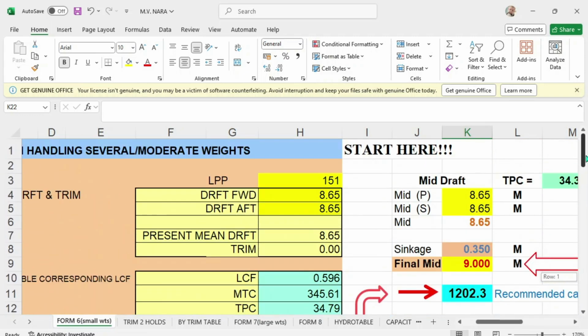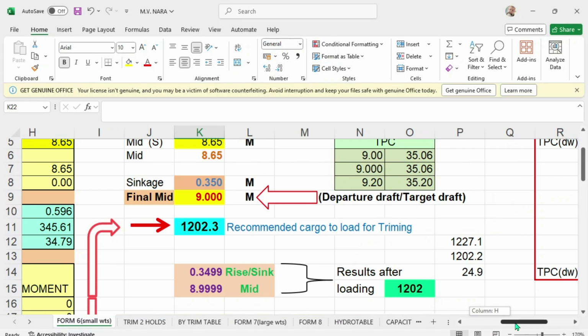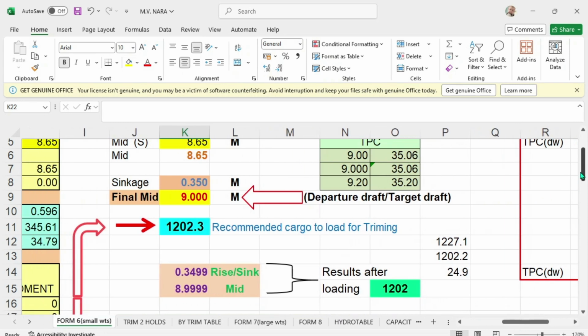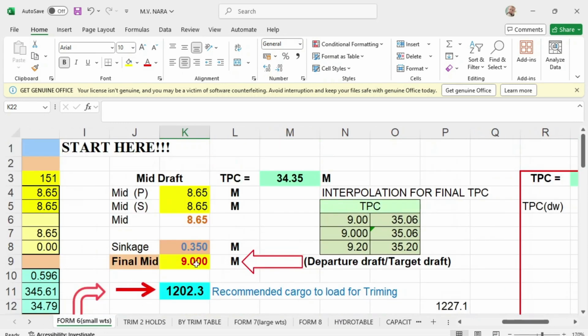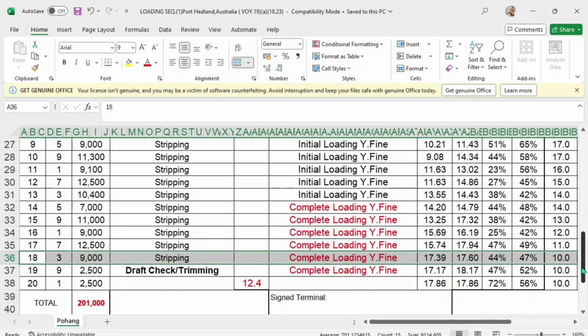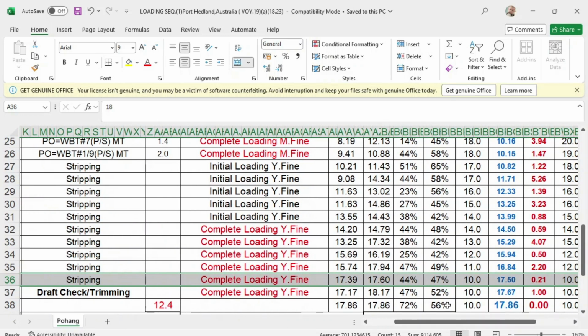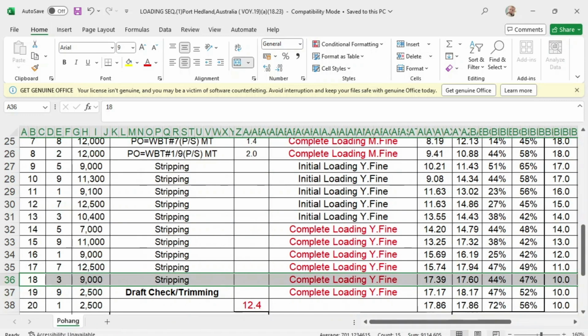the cargo being loaded here is only 1202, okay? But in actual practice, when you put the departure draft, I would usually use this TPC, which is interpolated, because according to your loading plan, the final draft of your midship is this one, which is your final draft.